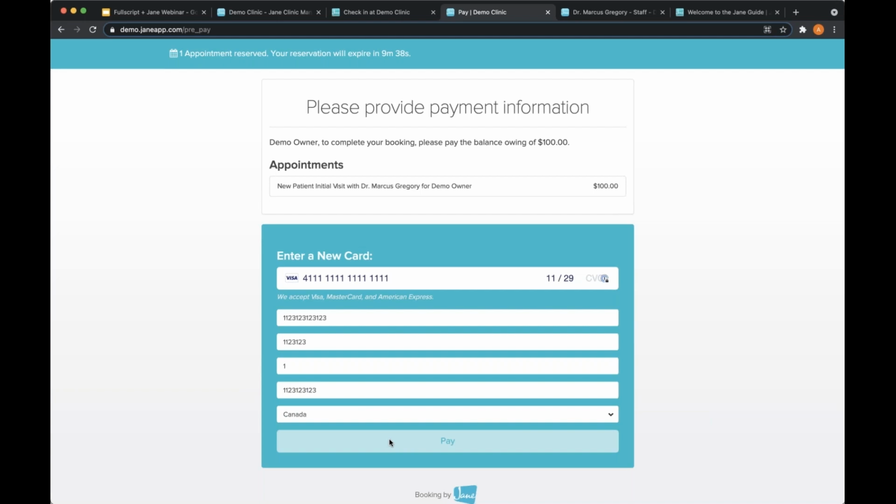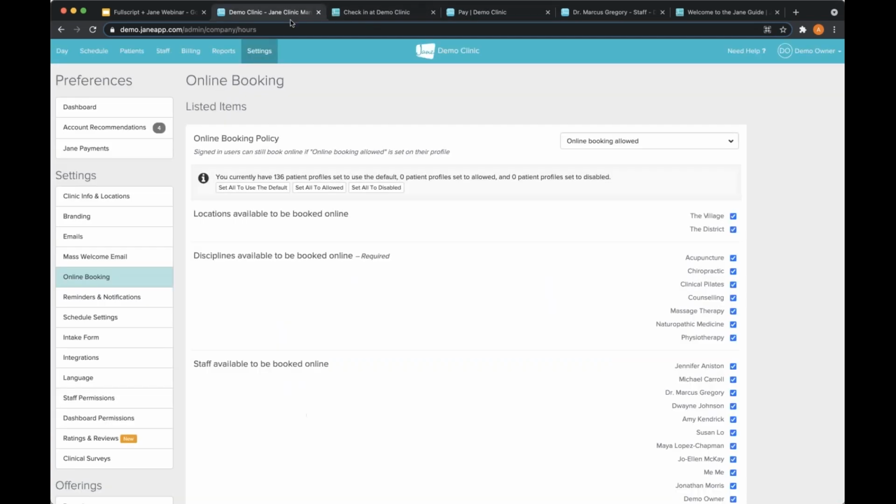But typically, if I had a real credit card to enter here, I could click pay, and then that patient would already have paid for their appointment, and then we won't have to touch their credit card or anything like that either. So that's just one of those cool ways of letting us avoid any sort of touching or interaction with that patient and limit our face-to-face interactions with them.